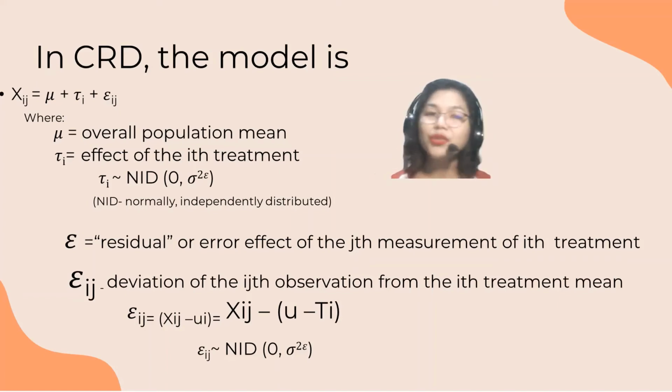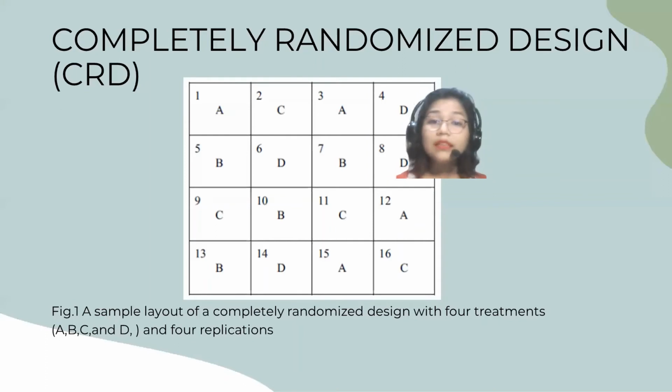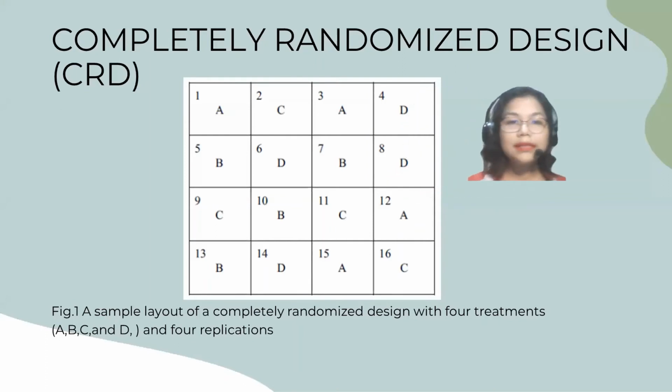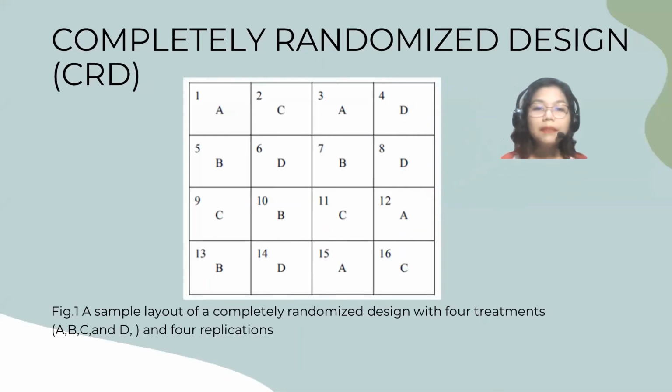Of course, you should know what the meaning of that M or mu is, the overall population mean. Then the effect of the treatment, NID stands for normally independently distributed, considering the variance. Okay? And here's the randomization for our CRD. So for CRD, again, what I said earlier, suppose,